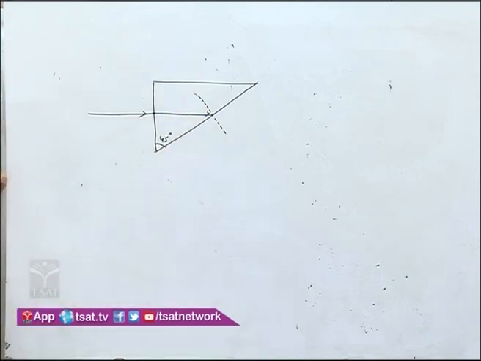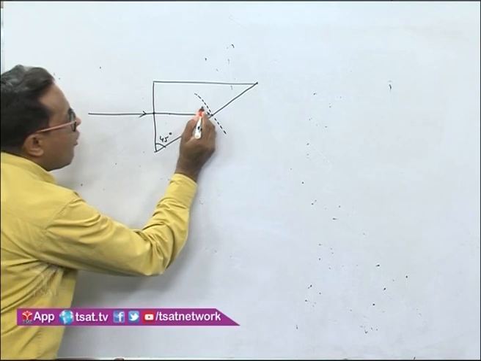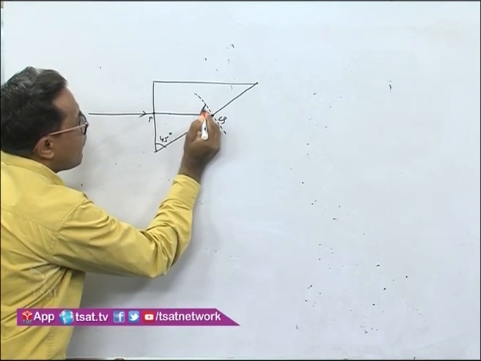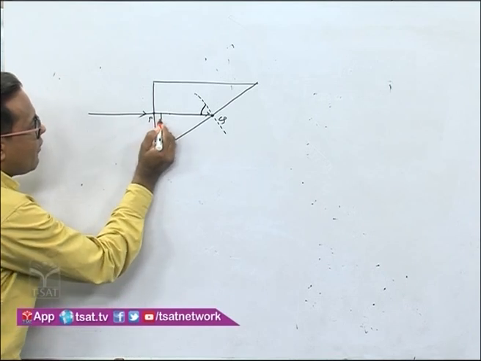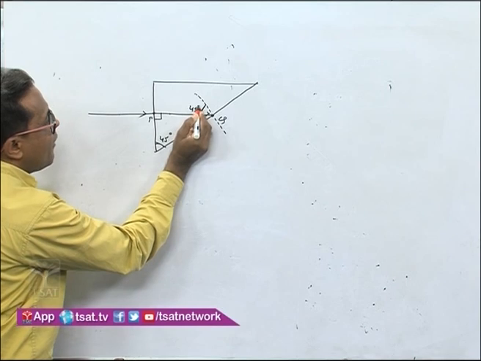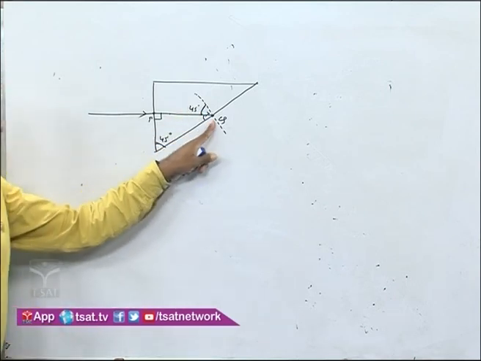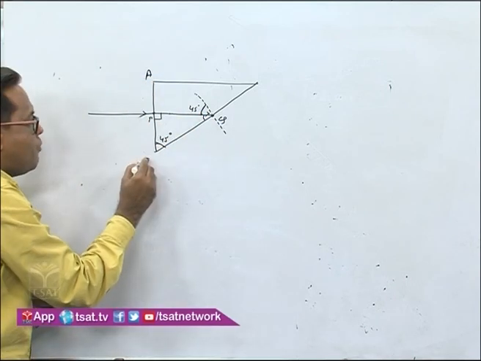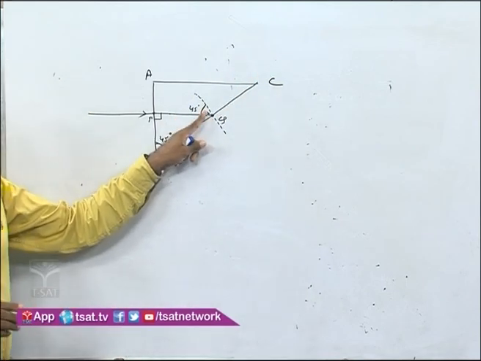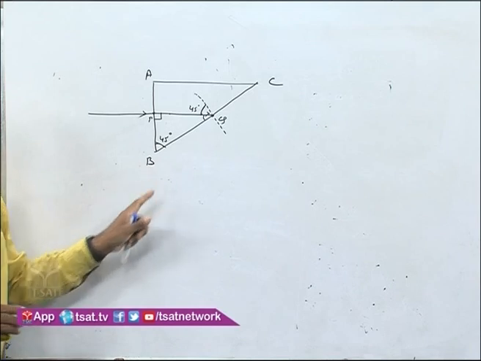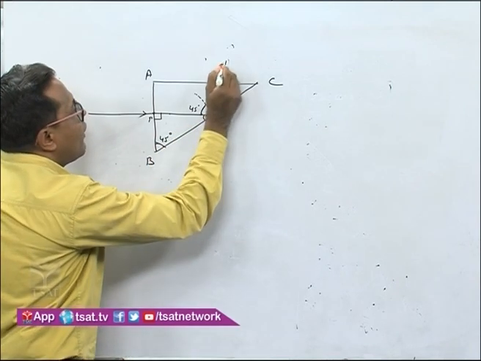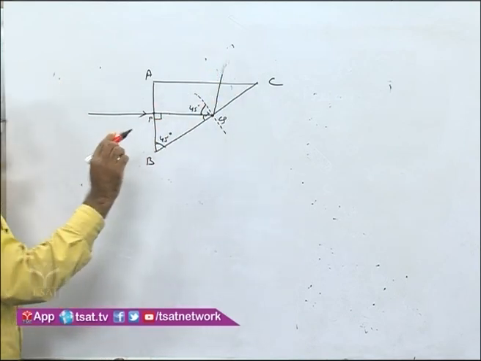this is the angle of incidence for this surface, say Q. This is the angle of incidence. Now this is 45, this is 90, so this will be again how much? 45. So this will be automatically 45. Now they are telling the ray from here, say this is A, B, C. The ray should not move out of the face BC, and it should have TIR. It should have total internal reflection over here.